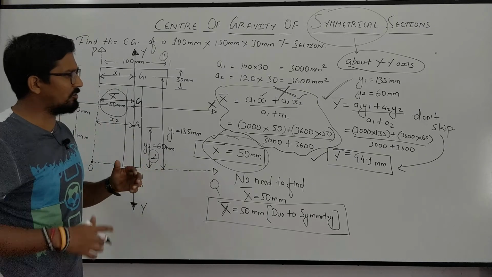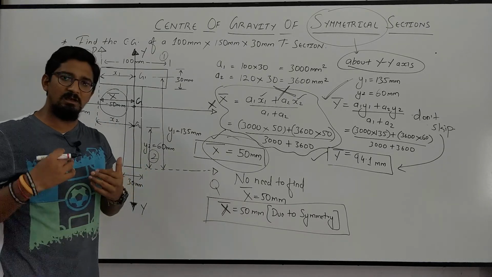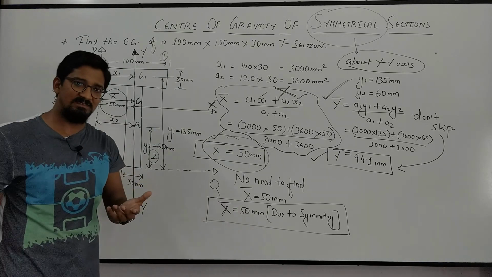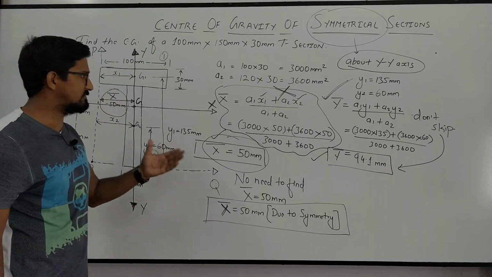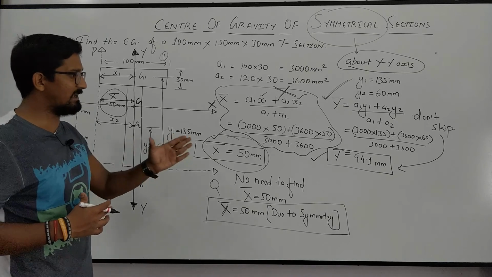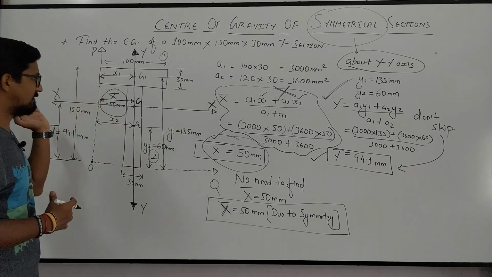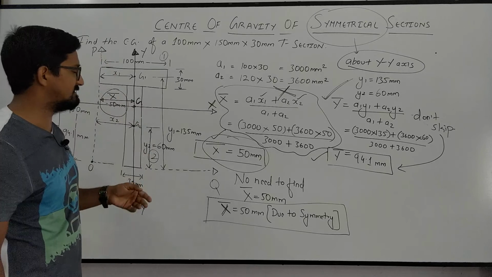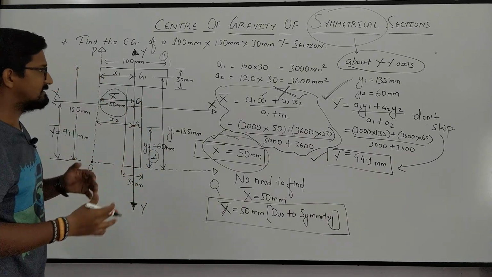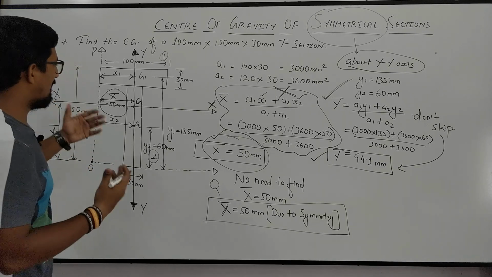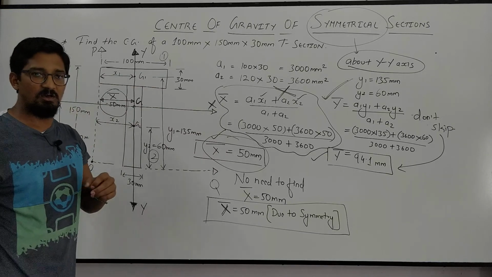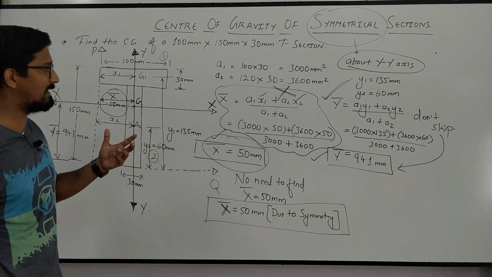This topic is already covered in the subject engineering mechanics in the first year for mechanical engineering and automobile engineering. So this is just a refreshing problem for finding x bar and y bar, meaning the location of the x-x axis and the y-y axis for the figure, and locating the CG. After this, in the next problem we will see how to calculate the moment of inertia about the y-y and x-x axes. Hope your concept regarding x bar and y bar is clear now.